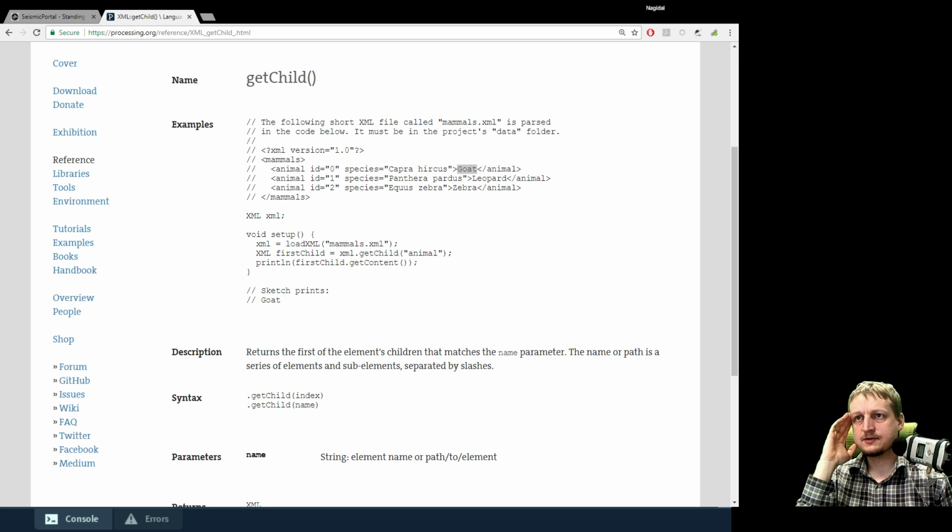It doesn't even care that it's inside some sort of tag, and it gets the first child and prints its content here in the console. So this works. And I have another. So this is the Mammals XML, and this is my Quake XML, right? So if I now read the Quake XML and I say